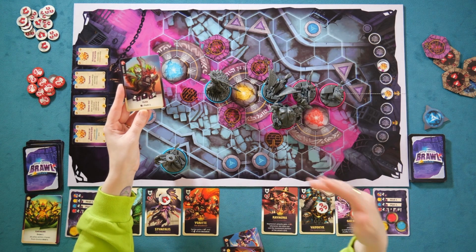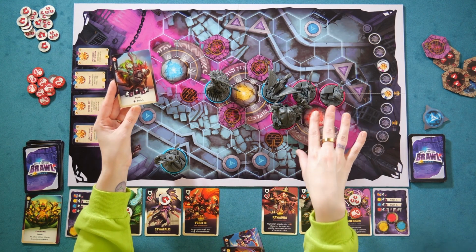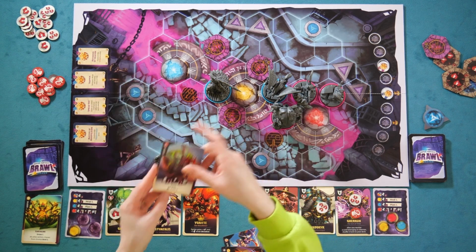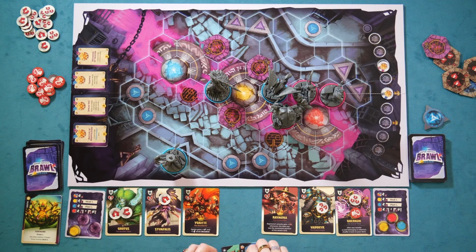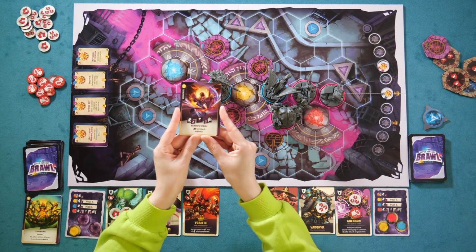So you can see where traps really come into play because you are both trying to not step on them, but you're also trying to push, pull, and maneuver your opponents around so that they are also hitting the different traps. Now, another card that we would have been able to play is for this one, which is Heron's Strike,